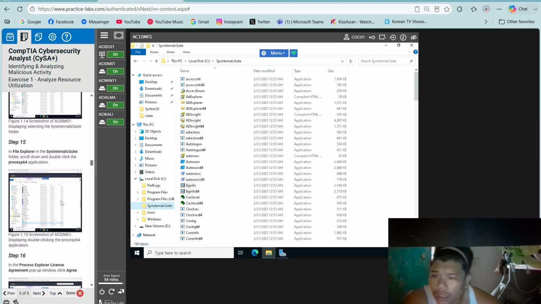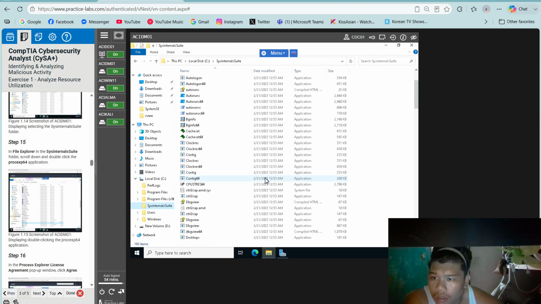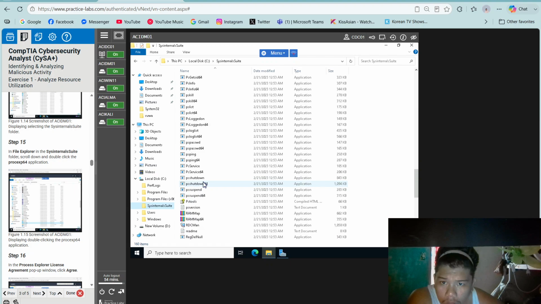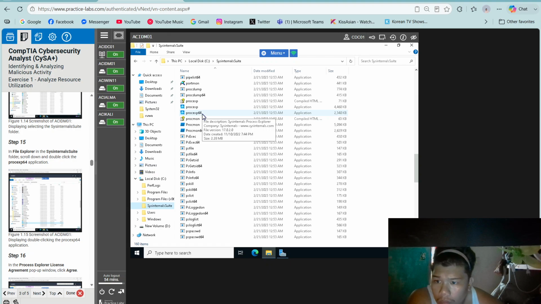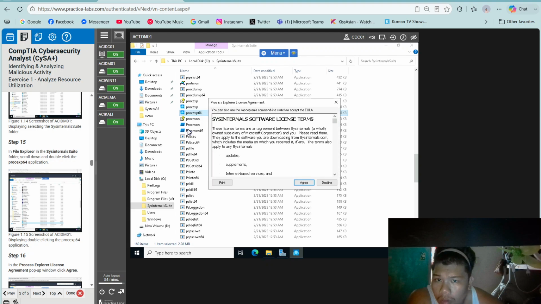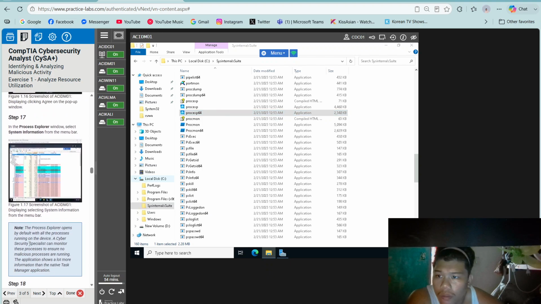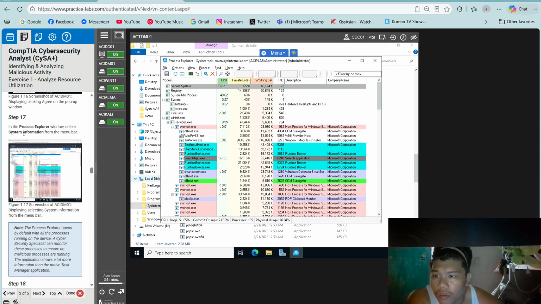In File Explorer, in the Sysinternals Suite folder, scroll down and double-click the process explorer, procexp64. In the Process Explorer License Agreement pop-up window, click Agree. In the Process Explorer window, select System Information from the menu bar.